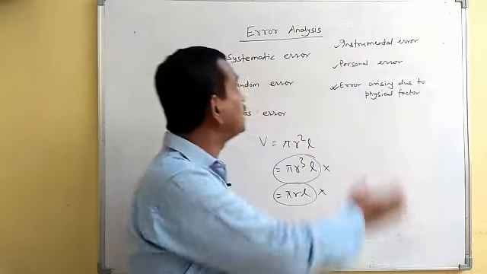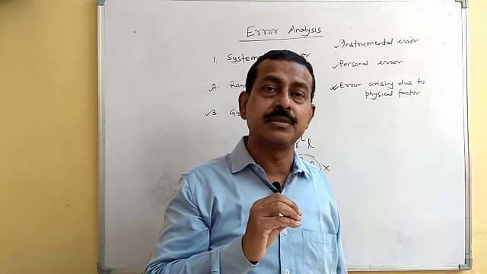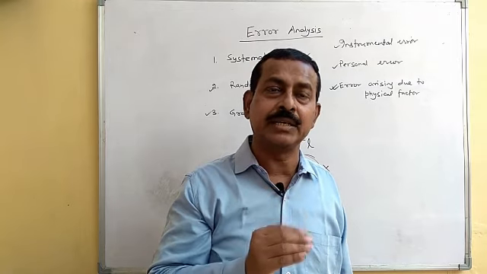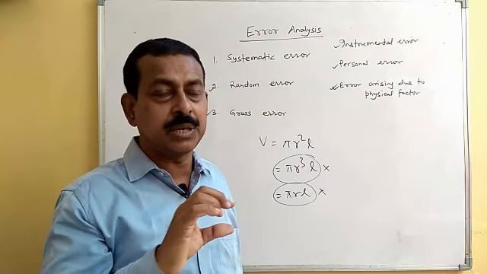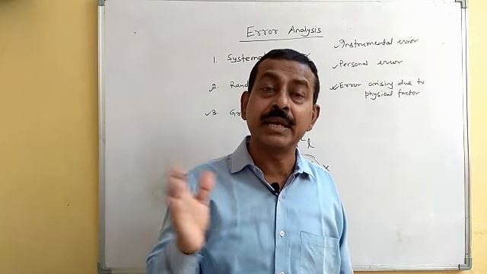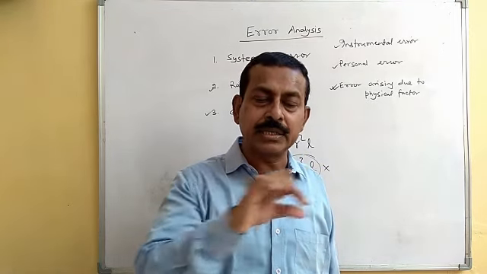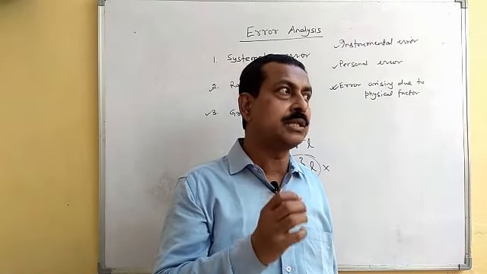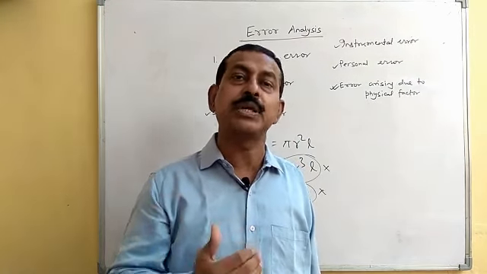We can minimize systematic error. As you know what is the cause of such errors, we can do correction and minimize such errors. Like if you know that the instrument or the meter scale has calibration different from the actual one, once we know what is the error there, we can make correction for that. If you know that 100 centimeter mark has been spread over 101 centimeter, we can make the correction: what should be the correct value if a particular value is the measured value. We can do the correction for that.